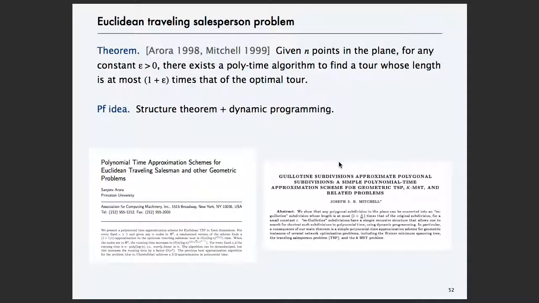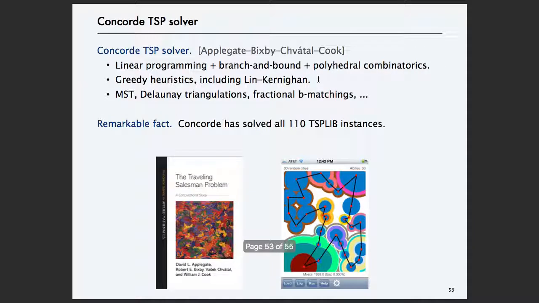And so there are approximation algorithms, and this is an approximation algorithm for TSP. There is a polytime algorithm to find a tour whose length is at most 1 plus epsilon times that of the optimal tour. And then we have stuff like branch and bound and a bunch of other heuristics for solving these kinds of problems,